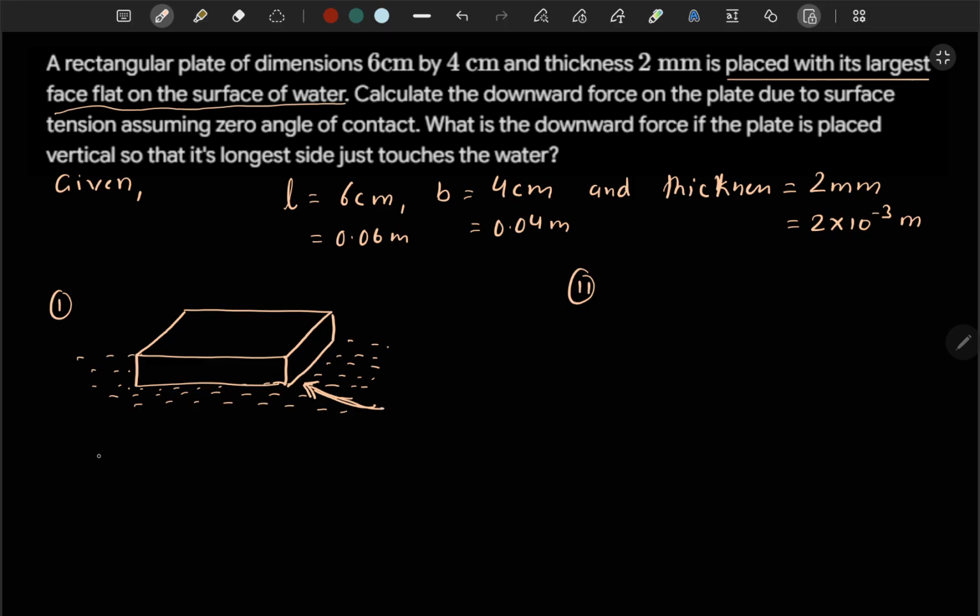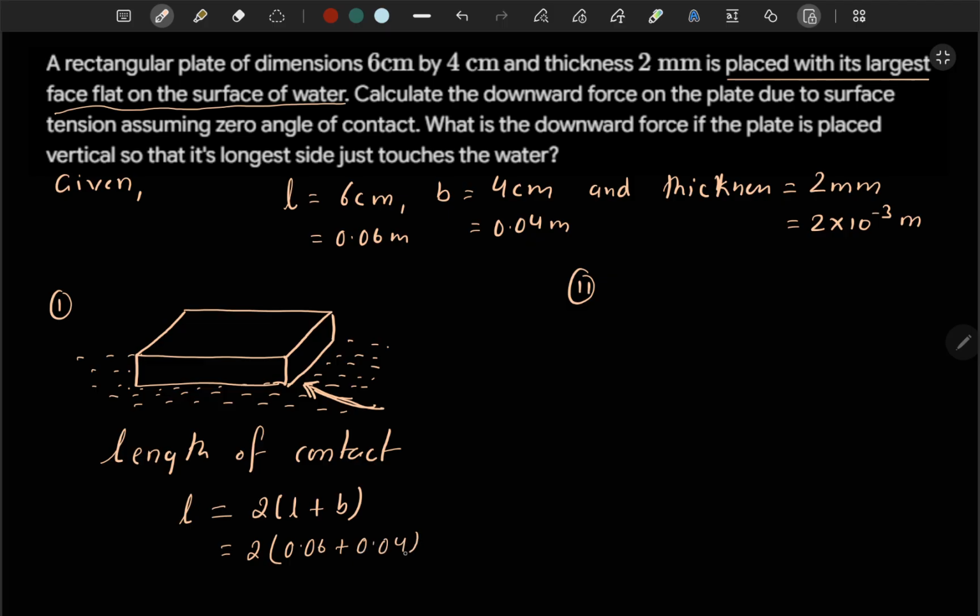So in this case, length of contact with water is equal to L, which is the perimeter of the base, that is 2 times (0.06 plus 0.04), this is equal to 0.2 meter,